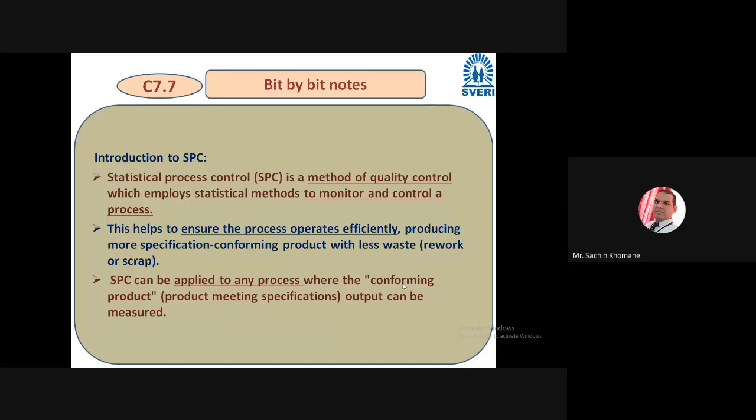right? By looking at the product, you cannot get the data. You have to check certain products, and for mass production it is quite difficult to check each and every component, right? Quite difficult. If you have thousands of products, and you want to check thousands of products in one shift, it is quite difficult. So such statistical tools you can use, and that's why these statistical tools are called quality control methods, where you can monitor the things and where you can control the process.